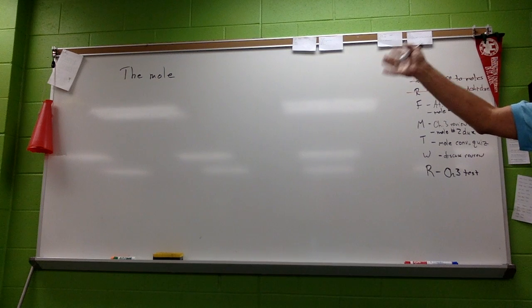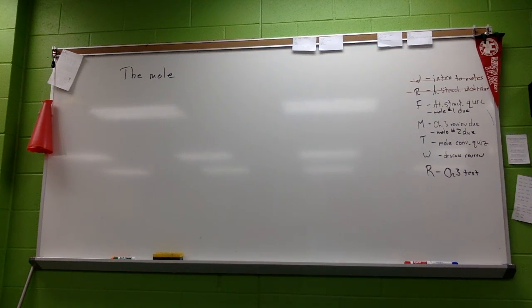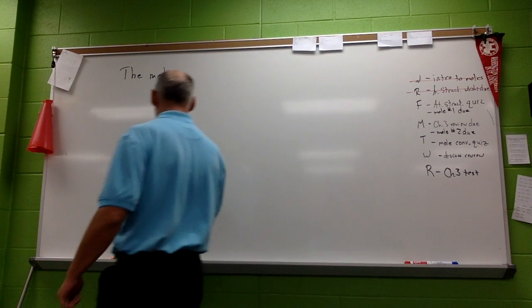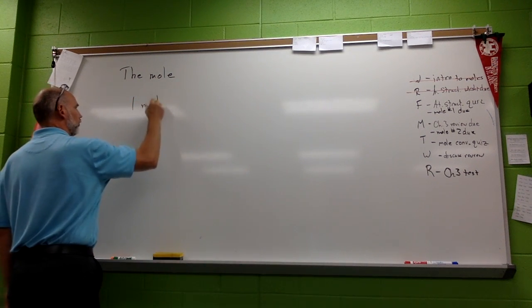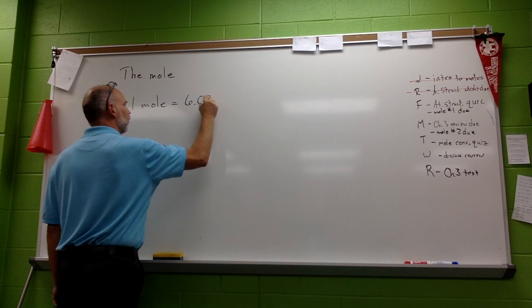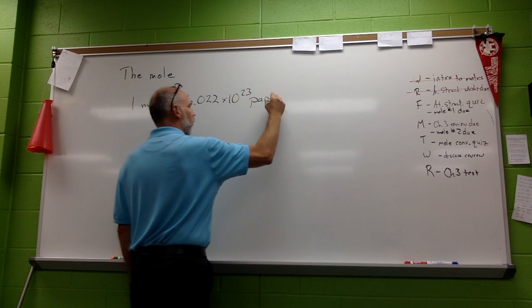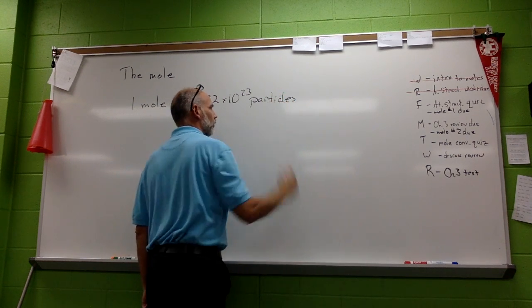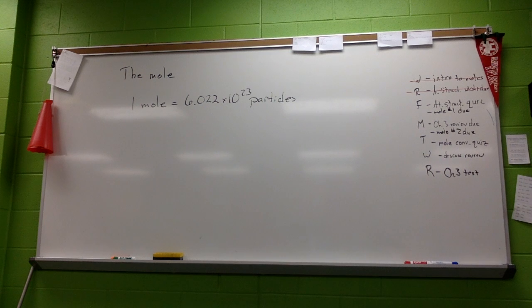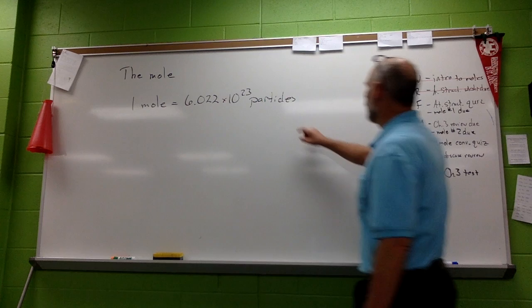Okay? That's all the mole represents. It represents a number. That number is this. 6.022 times 10 to the 23rd. Do you remember how I taught you how to use your calculators for the scientific notation? Yeah, there's a reason for that. You're about to discover that. We're going to do this a lot. Okay? Anyway,